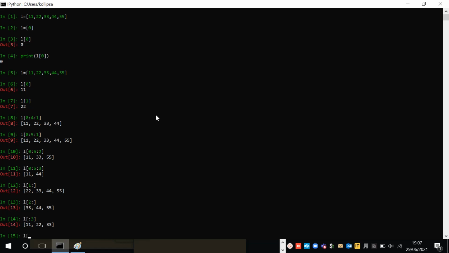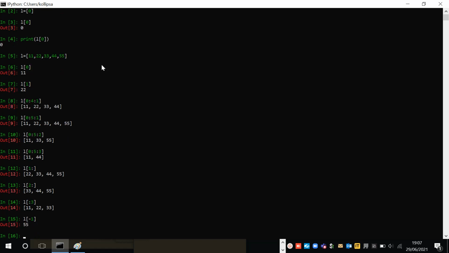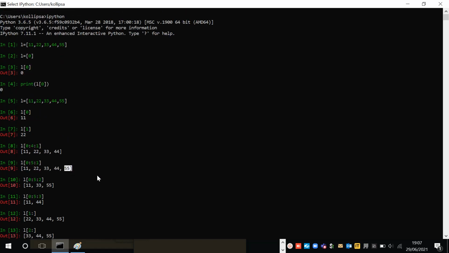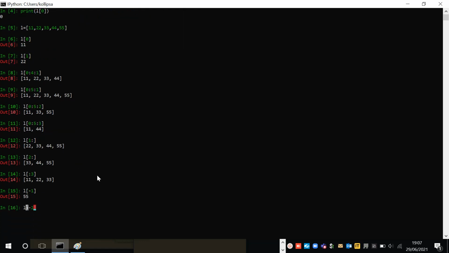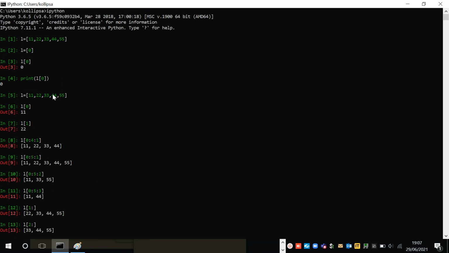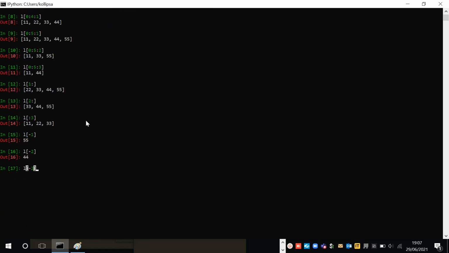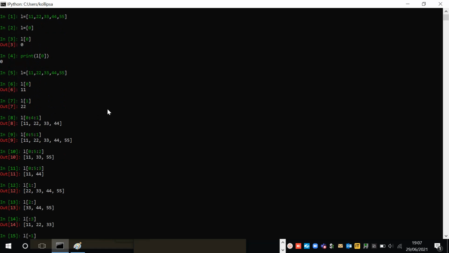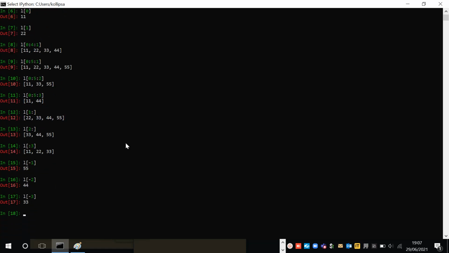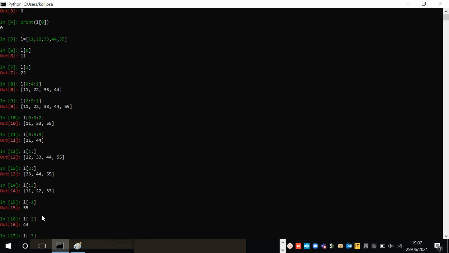Let's say now you want to print the last element. Just give L of minus 1. L of minus 1 means whatever is the last element in the list, it will print that. If I give L of minus 2, it will print the last but one number. If I give L of minus 3, it will print the last but two number, that is 33. Now in interviews you might get a question on how to reverse a list. For that you can just do this: L of colon minus 2, which will return your list from sequential order to reverse order.